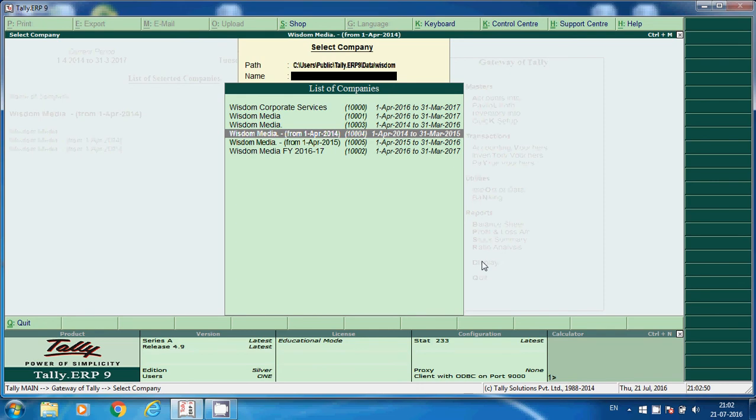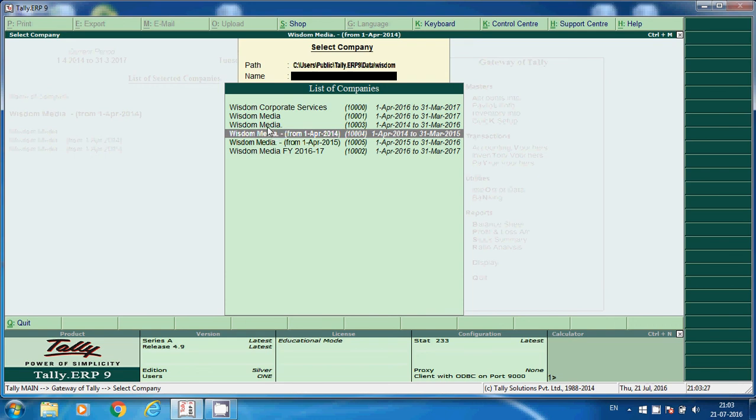Like that we have to split. Generally, what companies follow is that they post all the transactions continuously for all years, using the same ledgers. So at the time of finalization of books, it is very difficult to finalize the books. So in that case, what companies generally do is split the data for the particular year they want to finalize.